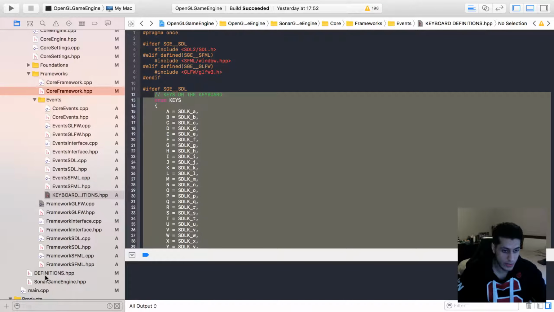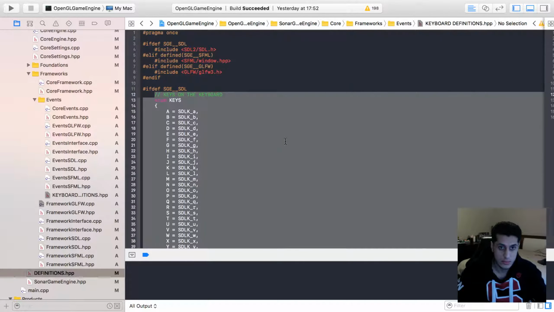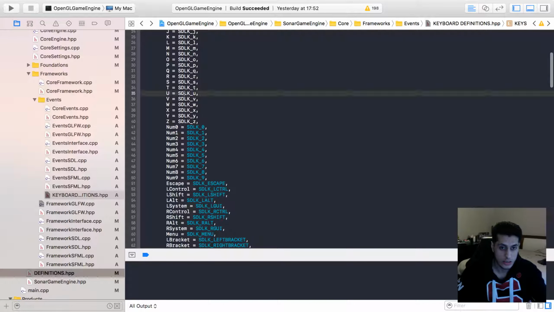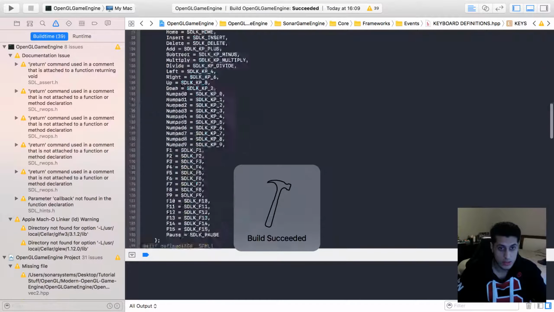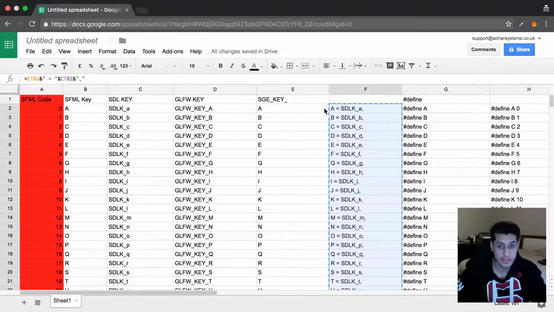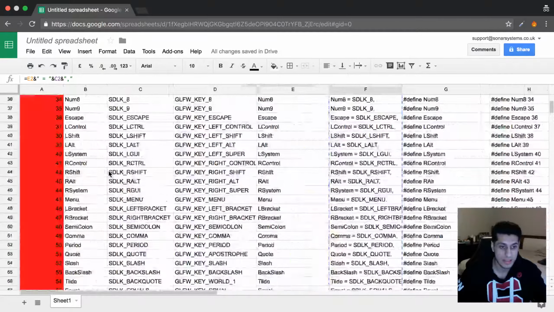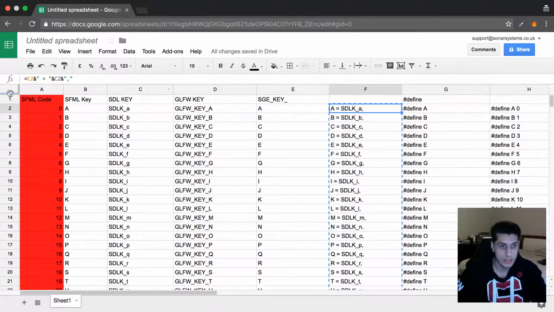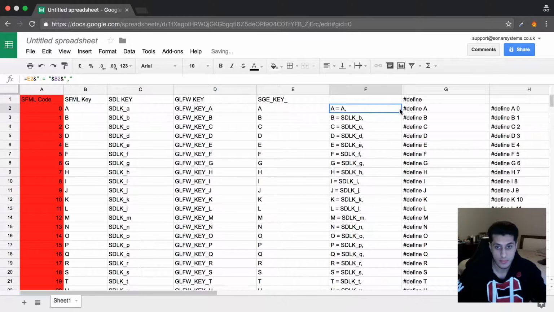So if we go to our definitions file, change this to SDL. This should all highlight. If we build this, that's all good now. And now finally we just have to simply do the same thing for SFML. And so if we change this to a B, it should literally,